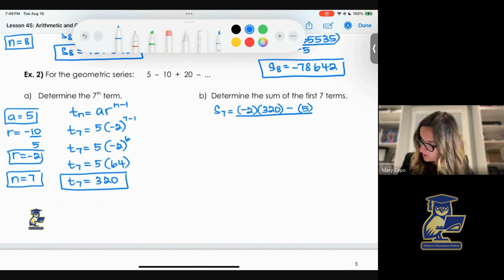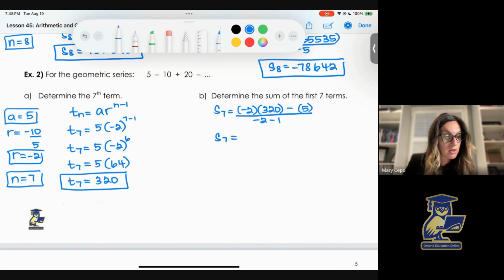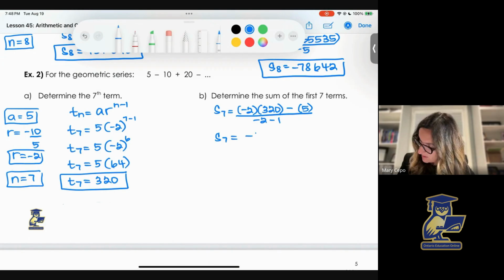So the common ratio, negative 2, minus 1. Always following BEDMAS, negative 2 times 320 would be negative 640, minus 5, all over negative 3,